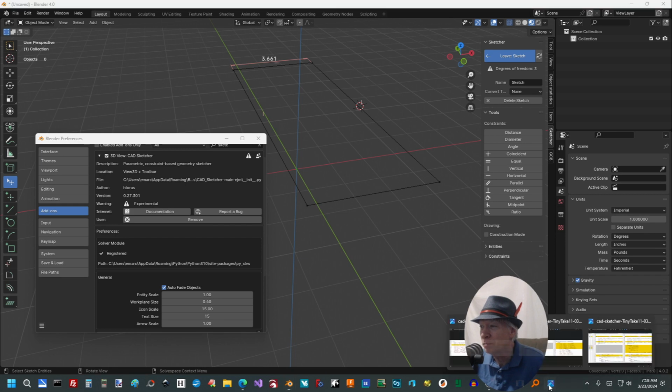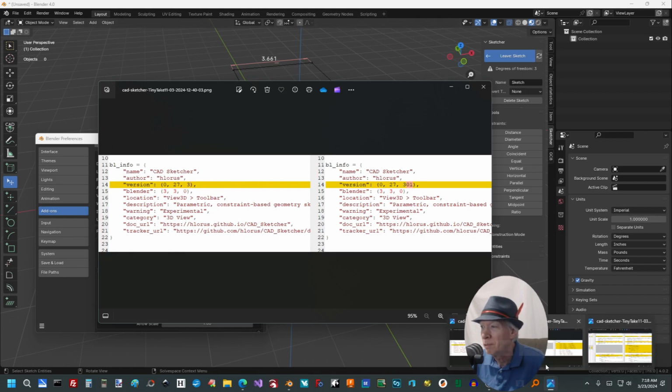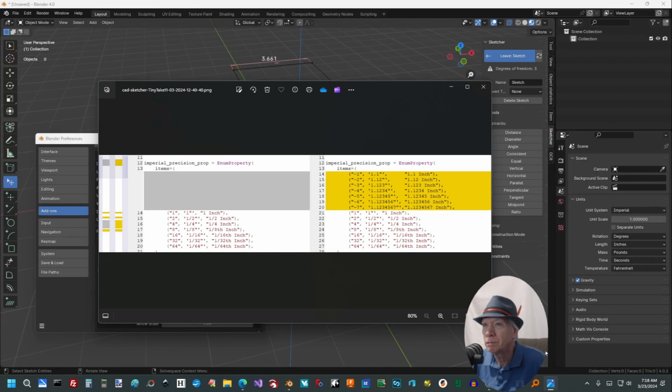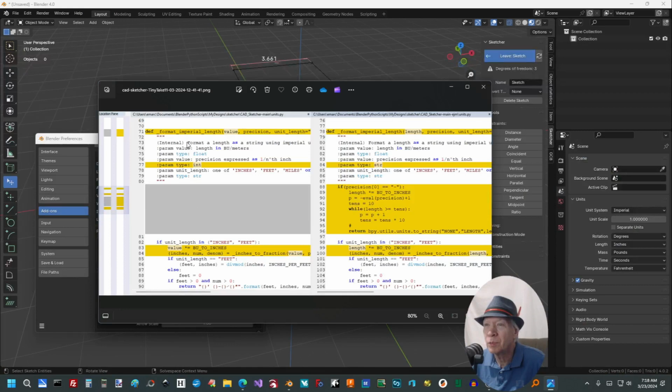So the changes that I made, here's a diff file. Obviously in the BL info, I added the 01 after the 3. And I added this to the drop down menu. I put the number of decimal places in there and gave it a -1 through 7. And then the last thing I did is I fixed some typos in here and I made consistent changes